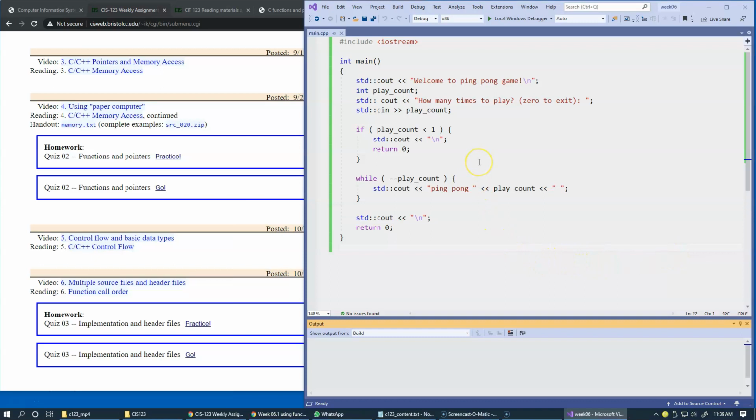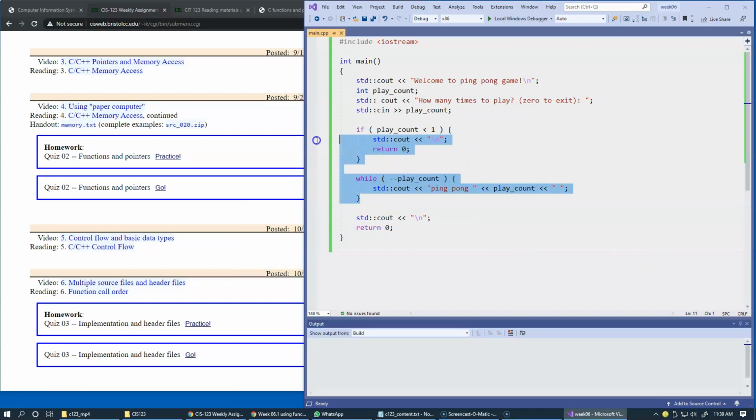The first thing that I'd like to change in this program is that I'd like to play this multiple times, including the input. So I would like to create a loop here, and it's best to control the loop based on the success of this input,